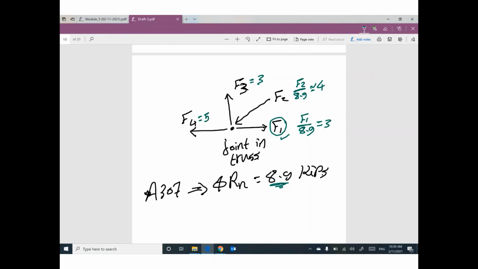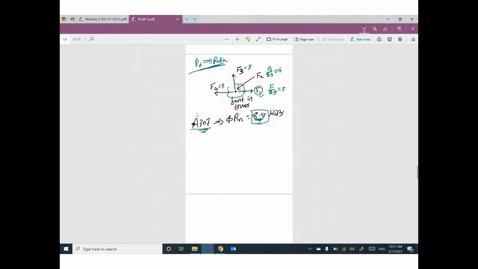That makes sense? So please, you have to figure out what is the internal force in each member, which is called P ultimate, which is coming from RISA. And then divide this P ultimate by the design strength of 1 bolt. After you assumed what type of bolt you are using, then I can figure out how many bolts. Can you tell me how can I draw this connection? Okay, please pay attention to me. I will show you something very interesting.